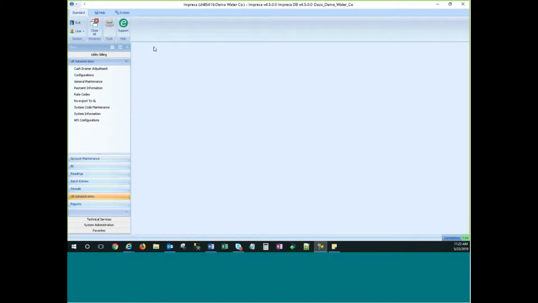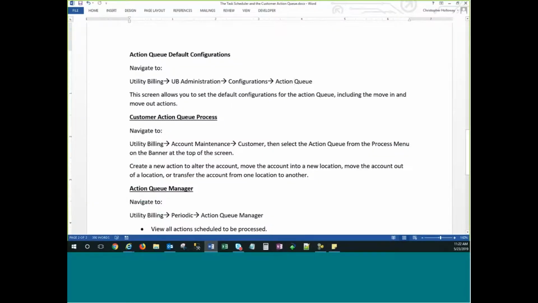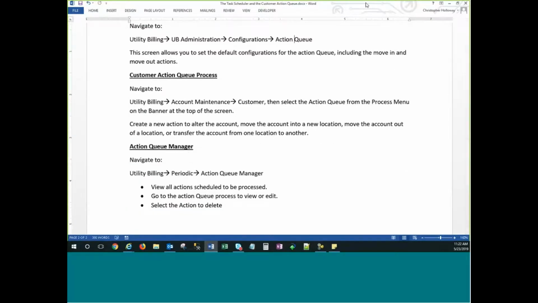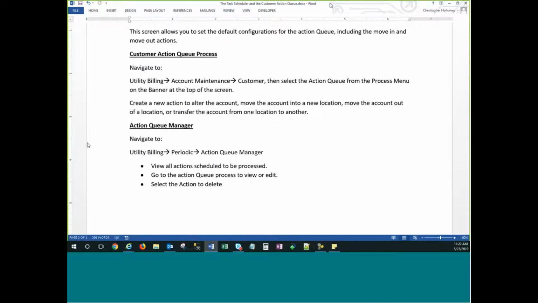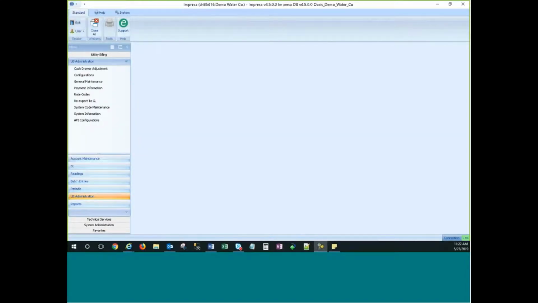So let's jump back over after we see that. Now we want to actually go in and create an action queue process for a customer. So we're going to go to the customer action queue. It's going to be the utility billing, account maintenance, customer, and then we're going to have to select that from the process menu at the top. And once we get there, we are going to see all the options that we have, because there's quite a bit there, and I didn't throw them all on this sheet that we have. So account maintenance, customer, and as that's coming up,